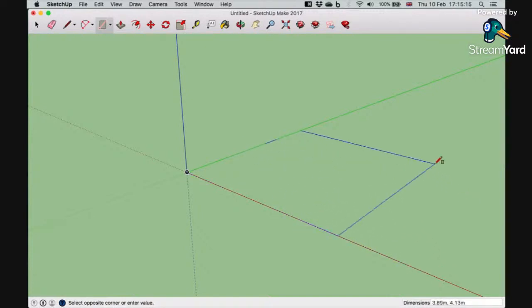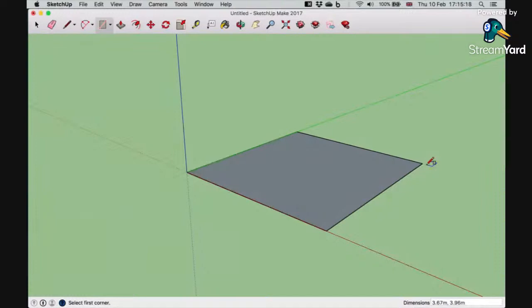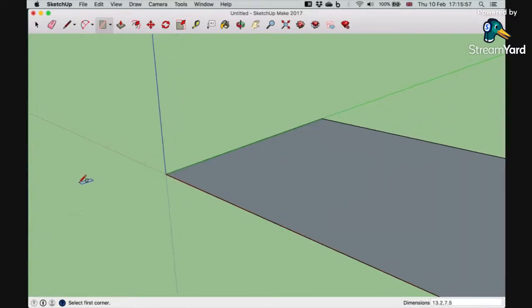So instead I'm just going to draw a rectangle of any dimensions, and without clicking on anything, I'm going to release my mouse. Without clicking on anything or touching anything, I'm just going to start typing, and I'm going to type 13.2, 7.5. Bear in mind that if you've installed this in a part of the world where the decimal point is represented by a comma rather than a full stop, then you'll want to type 13,2 semicolon 7,5. Okay, just to make that clearer. But so I've just typed 13.2 comma 7.5, and then I press enter, and it's given me those dimensions of my object,